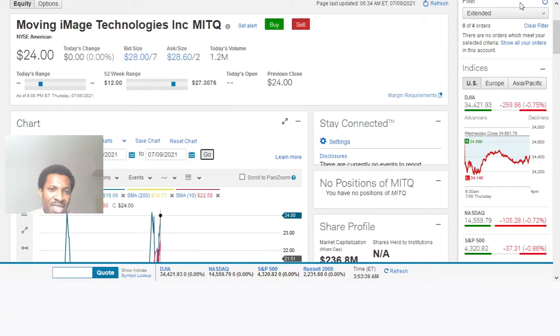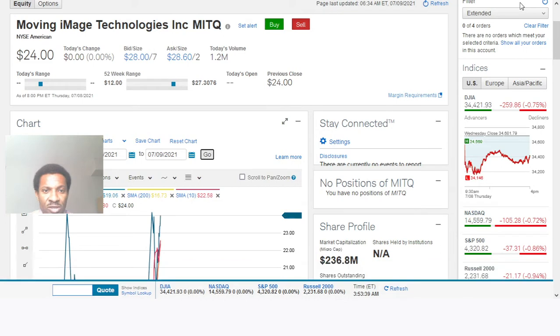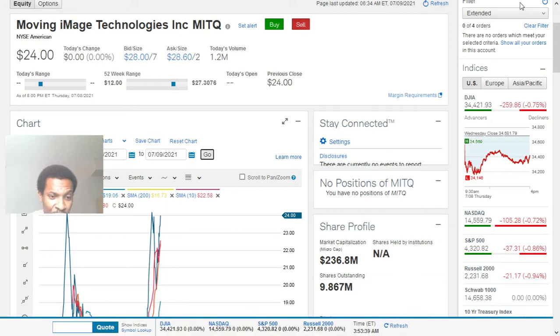Did MITQ come to the market with a huge amount of shots or what? The stock debuted at $3, and it was just on the 7th of July. This is not even up to a whole week. It has just completed 2 trading sessions and the stock has run up